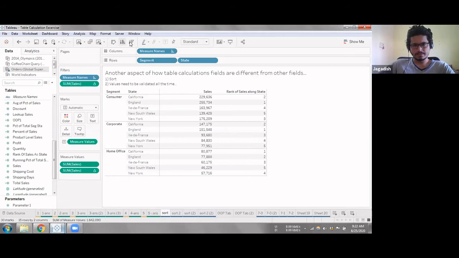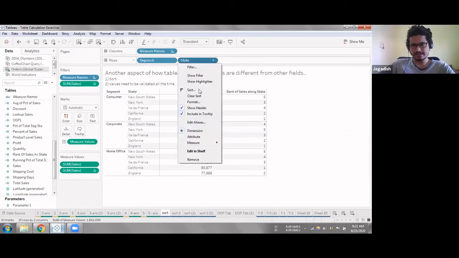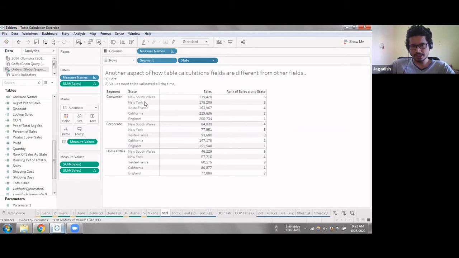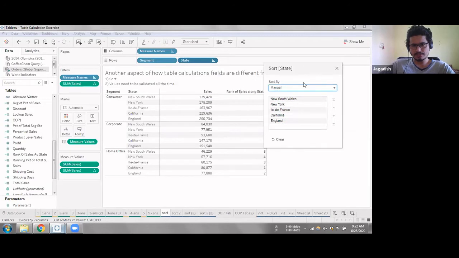Let's see. We want ascending rank, right? You'll have the drop down for state, I think you have to use that. Yeah, so we have a sort here. So we can do sort over here as well, for every state. And then we have these different types of sorts.